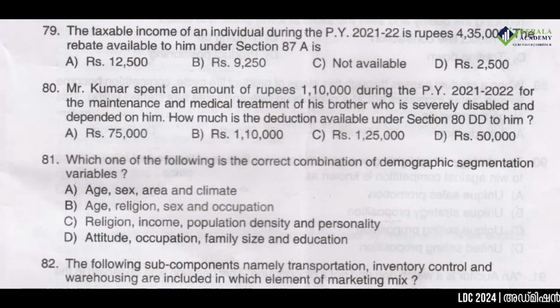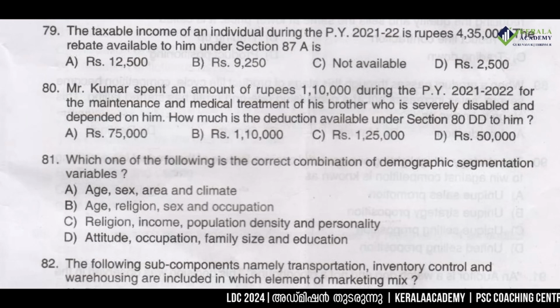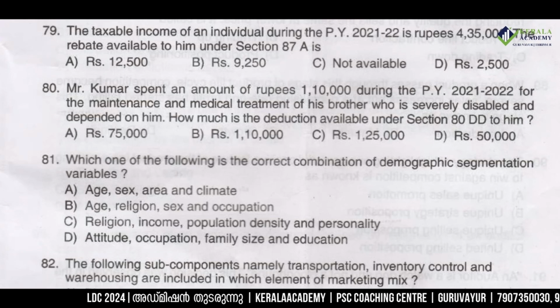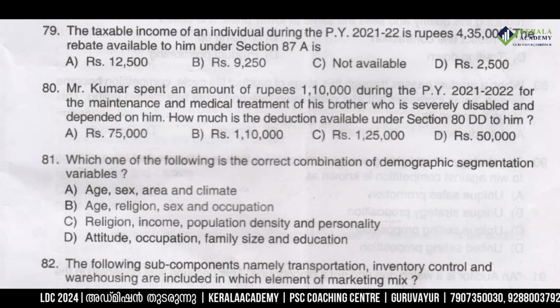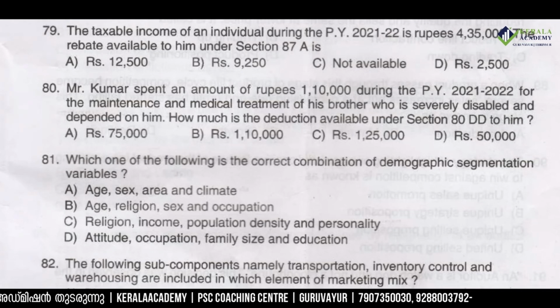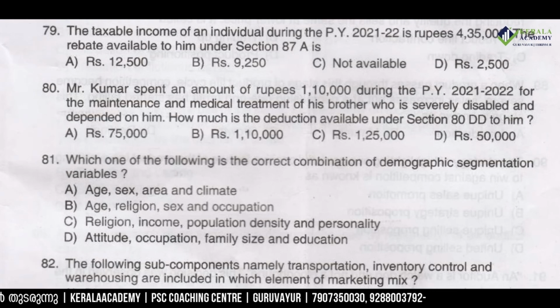Next question. The taxable income of an individual during the previous year 2021-22 is rupees 4,35,000. The rebate available to him under section 87A is: rupees 12,500, rupees 9,250, not available, rupees 2,500. Correct answer option B, rupees